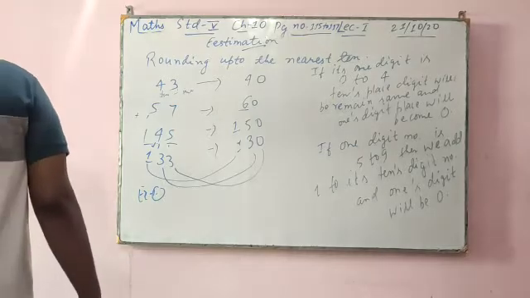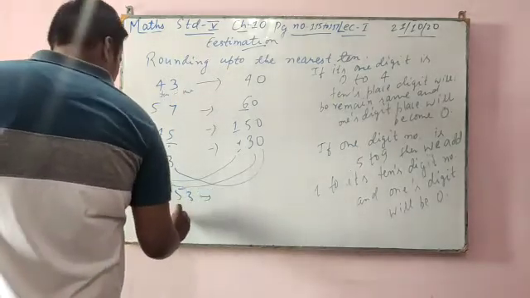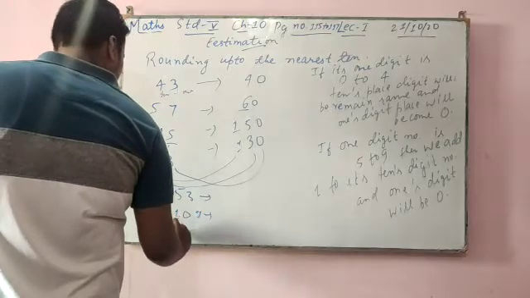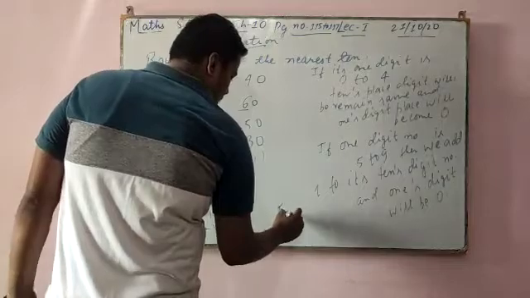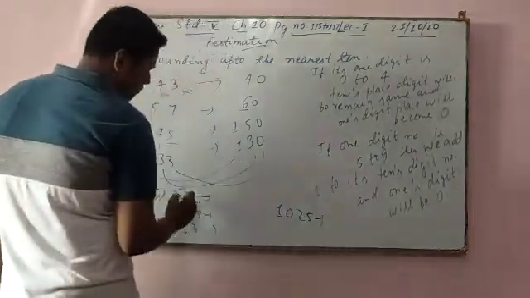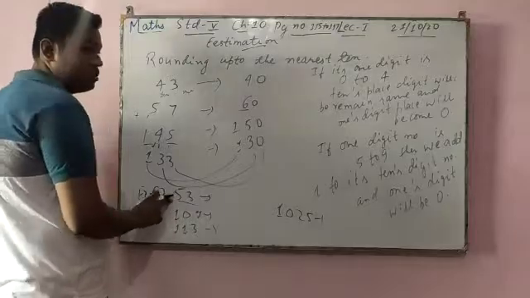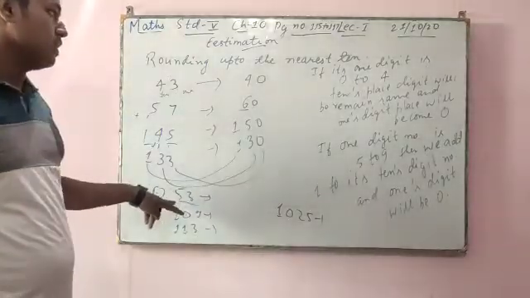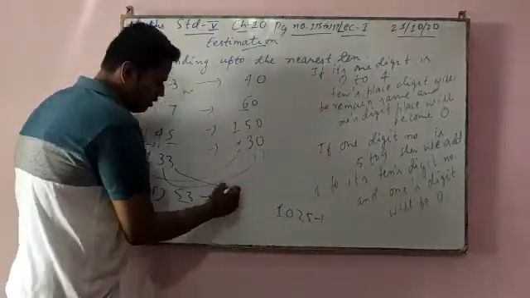In example number 1, you have to round these numbers to the nearest 10. So see, like 53, 109, 113, 1025. So see, very easy. 53 is there, so the one's digit is 3. So what will we do? We will not change. The tens digit will remain the same, so 5 and the one's digit will become 0.